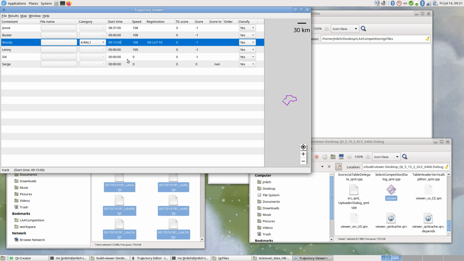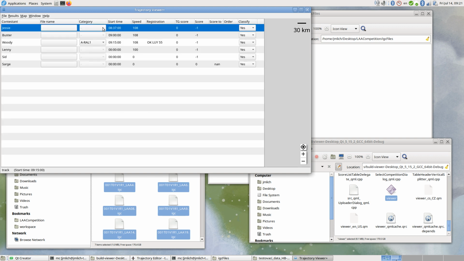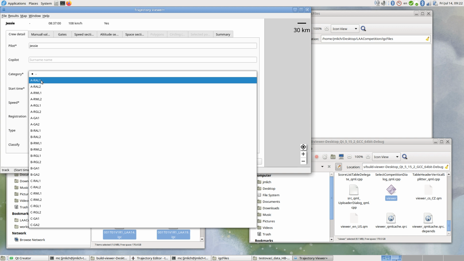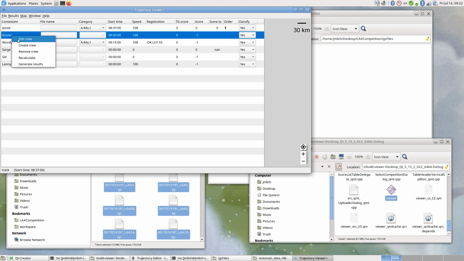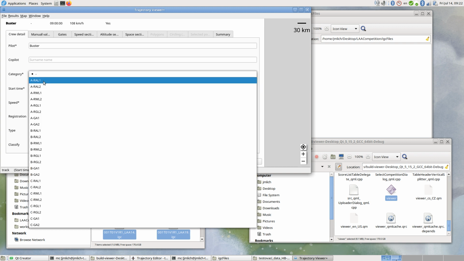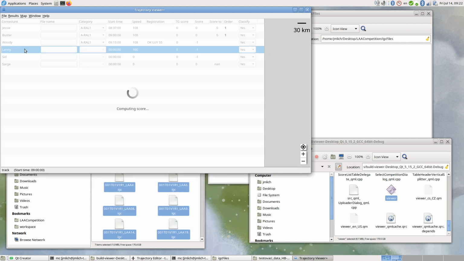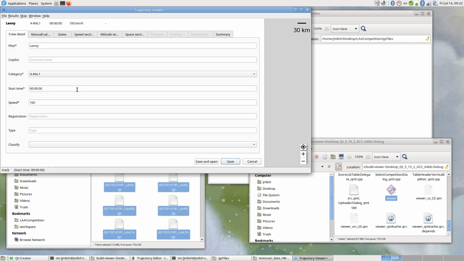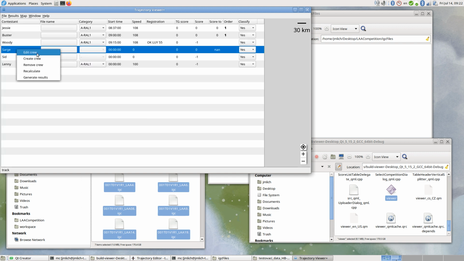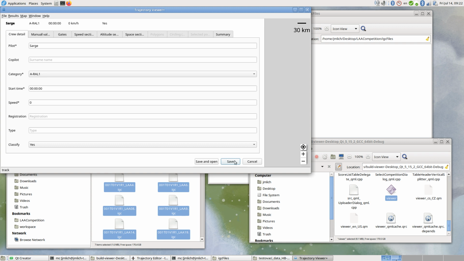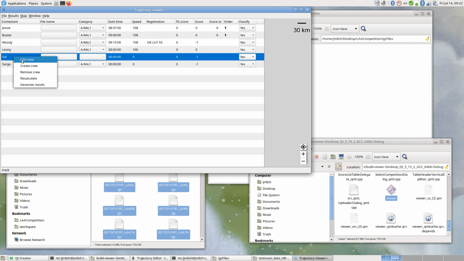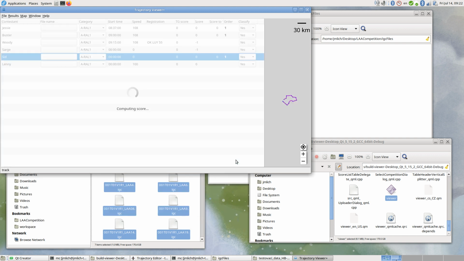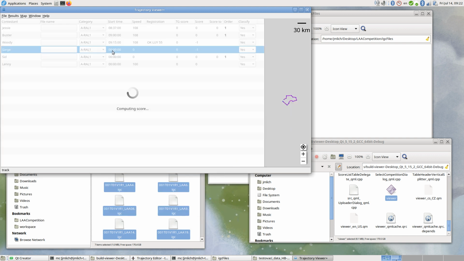Then we would like to enter start times and categories. We don't know the start times in advance, but categories are known from registration. We selected for every crew the category ARAL1, and right now we would like to create start list. The start list is created by entering the time of start,